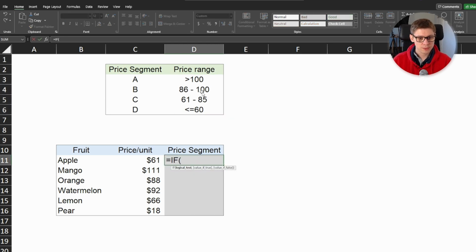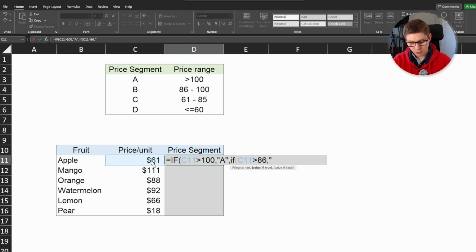We start with if, so let's start from the top. If the value is more than 100, we put A class. If not, we need to open another if. If the price is more than 86, then we put B. If it's not true, we need to open another if. If the value is more than 61, then we put price class C. And we don't need to have another check. We know that in all the remaining cases, it will be class D. So we put D,